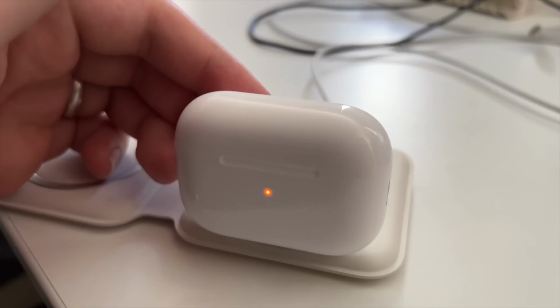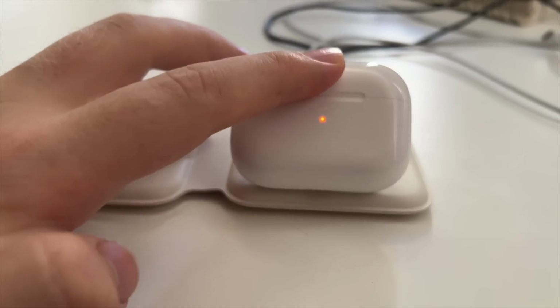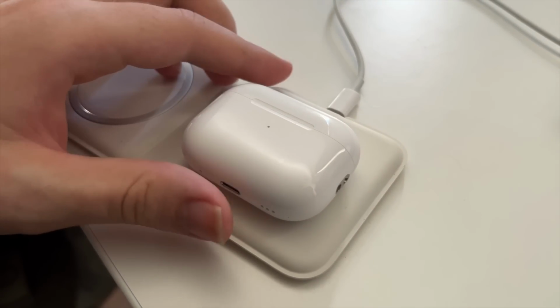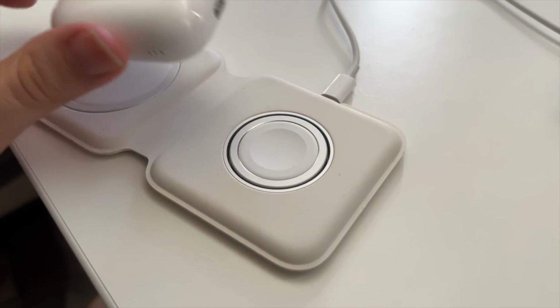The only issue with MagSafe Duo, and I've had it for two to three years now, is that it still requires a Lightning cable. As of right now, there are still some Lightning accessories out there, like our AirPods, which unfortunately still have a Lightning port, and our iPhone still has a Lightning port. So it's not the end of the world to have a Lightning cable around if you need to charge the AirPods or the iPhone quickly, but for most nightstand charging at the end of the day,